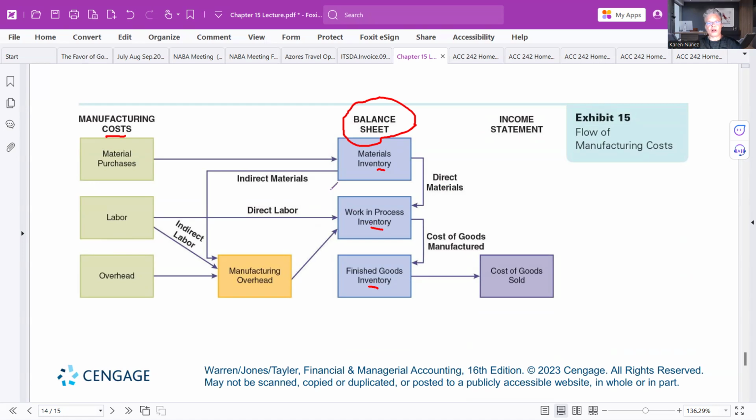So notice all the materials are going to go here. When we start production, the materials are going to go into work in process. The labor is going to go into work in process. So we've got materials going into work in process, we've got labor going into work in process, and we've got overhead going into work in process. That's our manufacturing operation right here. That's what I talked about earlier. All of these manufacturing costs, the direct materials, the direct labor, and the manufacturing overhead, all of it's going into the work in process account